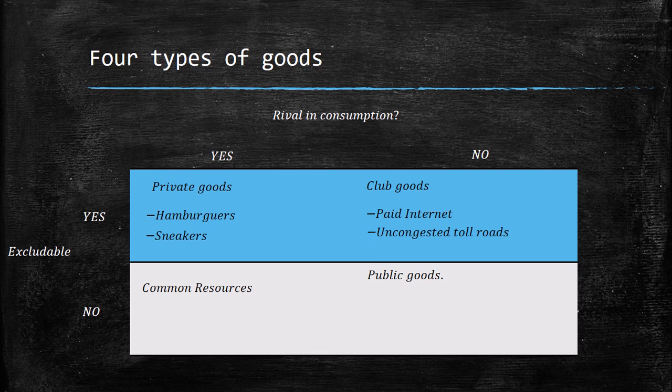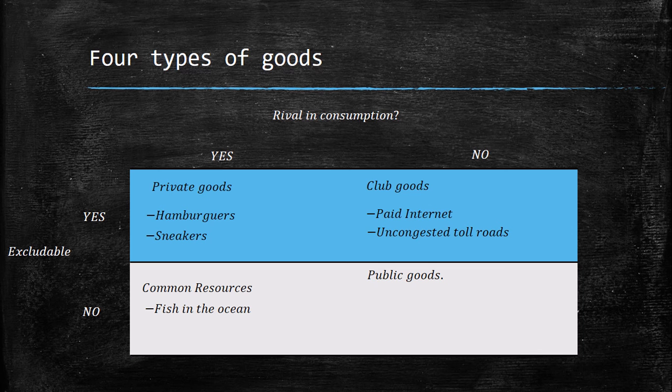And uncongested toll roads are excludable. Yes, you have to pay a toll in order to go onto these kinds of highways, but it's not rivalrous in consumption because it's uncongested. The fact that I'm using it doesn't mean you cannot use it. Common resources, like fish in the ocean, are rival, yes, because you are taking one fish, other people will face